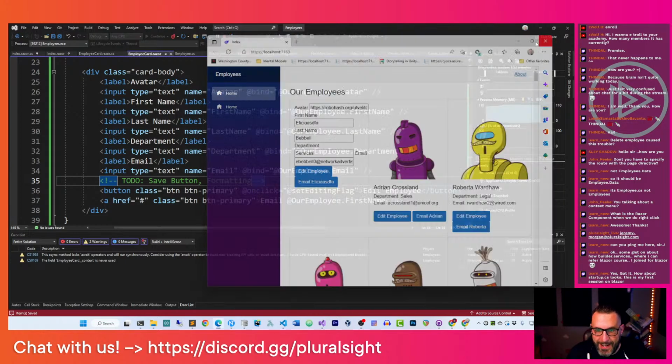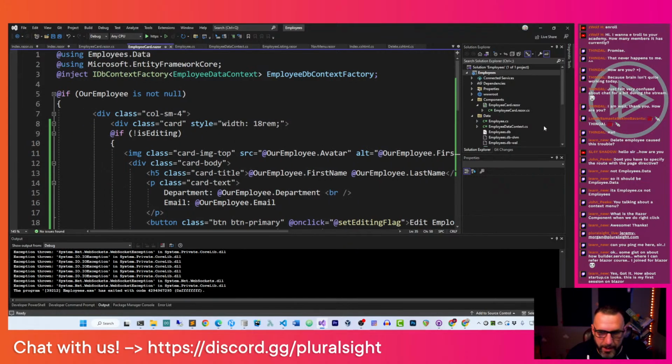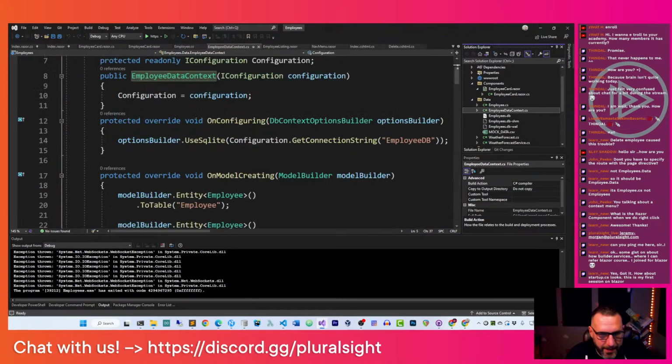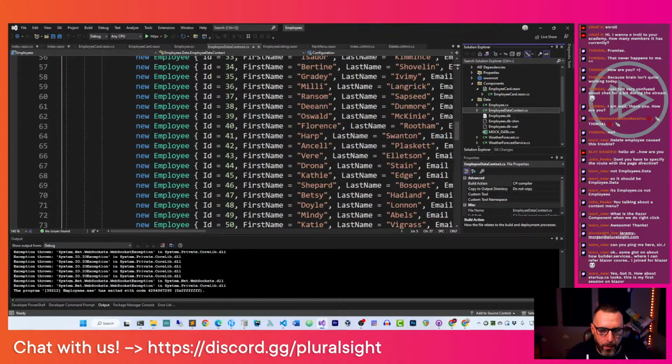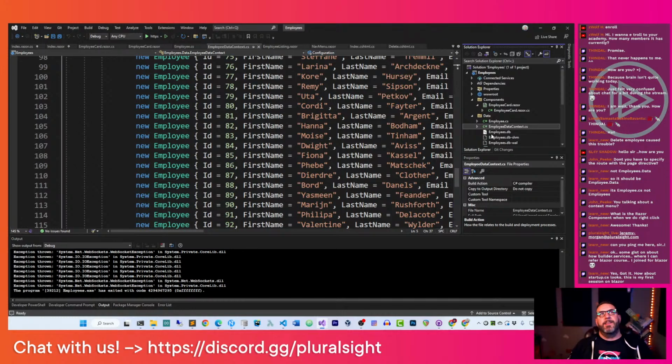So as a recap, today we started from nothing, from just a brand new project. We created an employees database. With this as our model, we created a data context. We put in a whole bunch of fake mock data. We displayed it. We deleted it all several times. But these are some of the basic CRUD operations for Entity Framework Core. And I wanted to be able to get through all of it. Unfortunately, I couldn't, so I'm going to have to do a second stream,